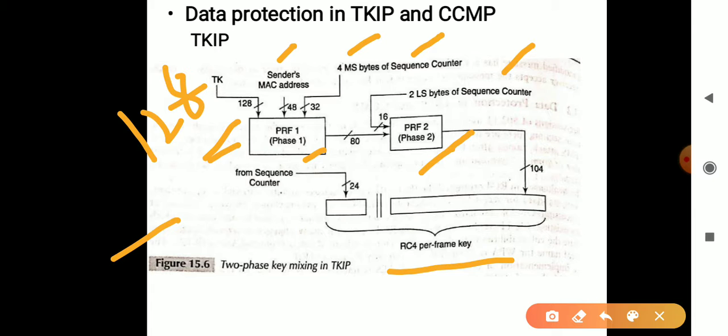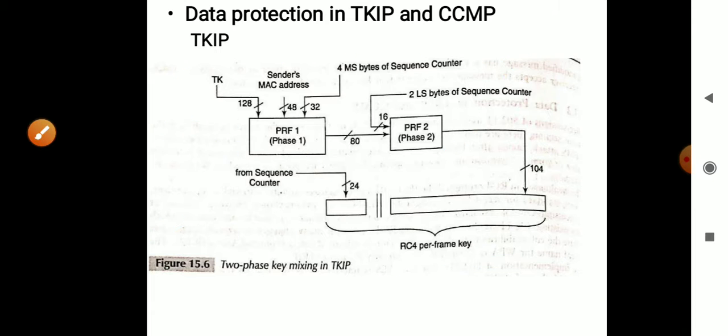If the receiver is receiving multiple frames with the same number, then we call it a replay attack. To avoid that, we use this sequence counter to keep track and avoid replay attacks. So this is one of the methods using which data protection can be provided.